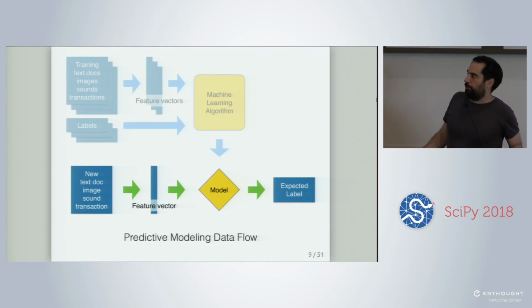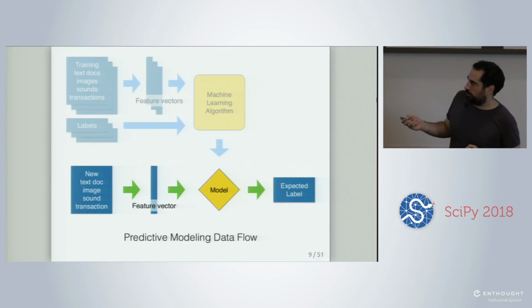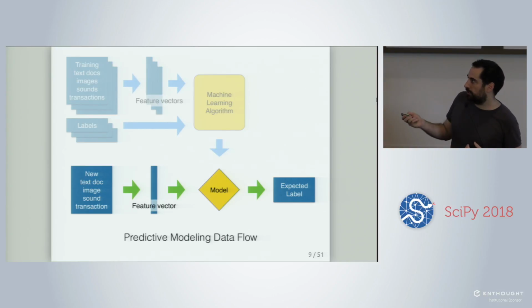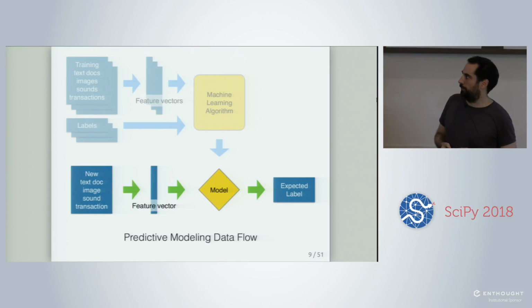So the original data representation is very domain specific, and you might not be able to do the statistical analysis directly on that data. The original data format might not be suitable. What is also important is that for each of those records in that database, you also have some kind of target labels that you're interested in. For instance, for a text document, it could be whether or not a comment is offensive, if you want to do automatic moderation, or whether it's a spam or not.